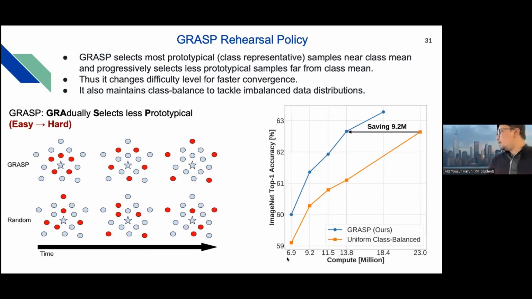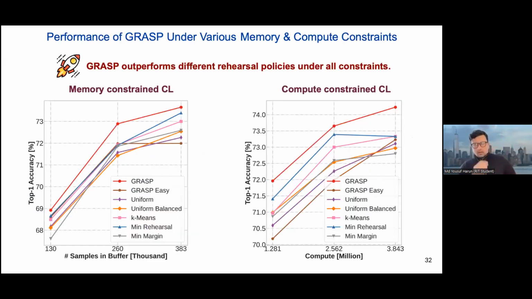computational overhead, GRASP outperforms the uniform rehearsal policy, and it matches the maximum accuracy of the rehearsal policy while saving 9.2 million network updates. So it's not only outperforming the uniform random policy, but also being efficient, saving a huge amount of computational overhead. And then we varied, here we try to show what happens if you vary the memory constant and also the compute